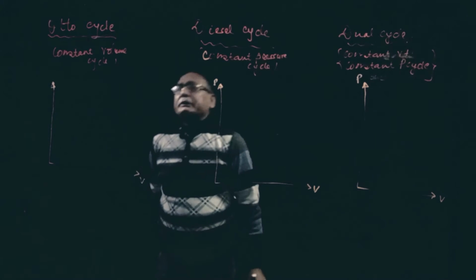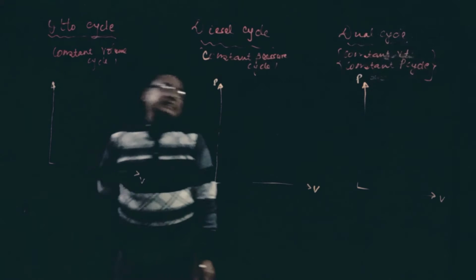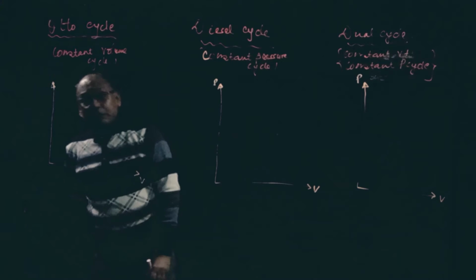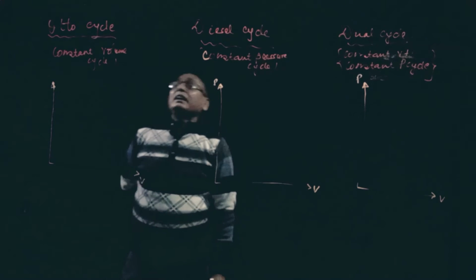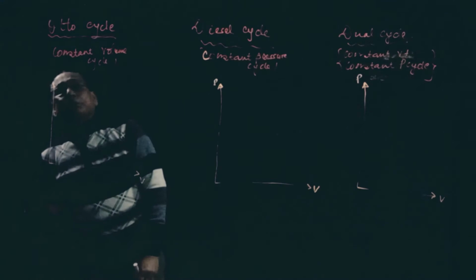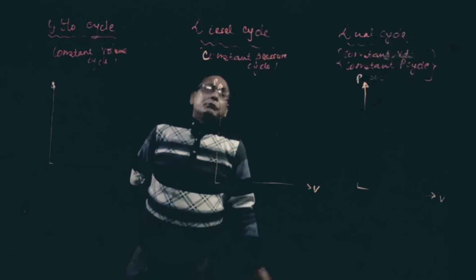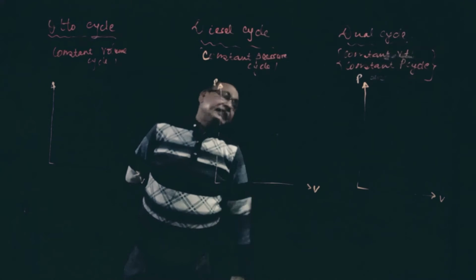And in examination, you are likely to get derivation either for Otto cycle, diesel cycle, or dual cycle. Okay, that is very important from the derivation point of view, and also numerical problems. We will have to solve numericals, that is thermal efficiency we have to find out for the Otto cycle, diesel cycle, or dual cycle. For that you must know how to draw PV and TS diagram and thermal efficiency equation also.